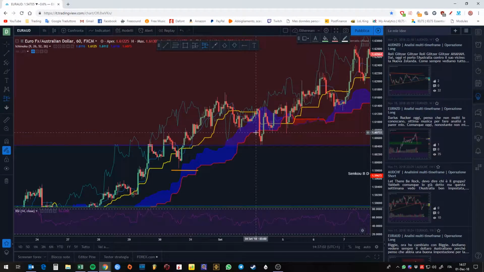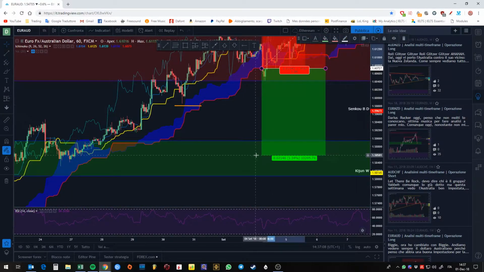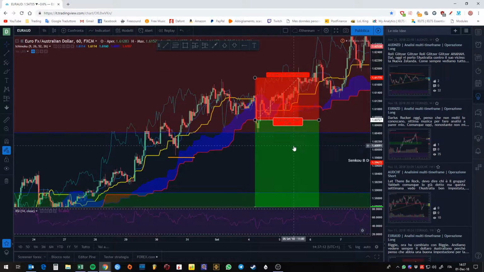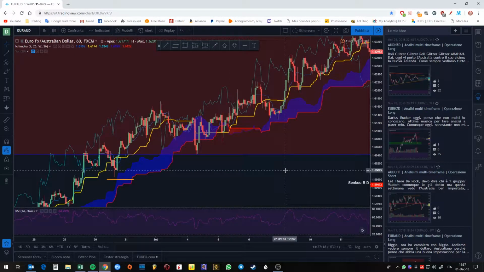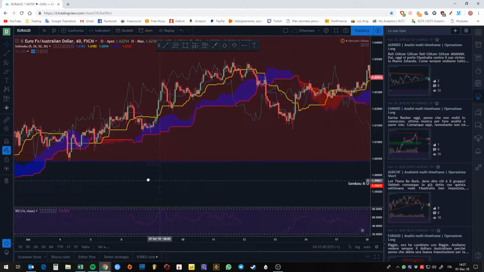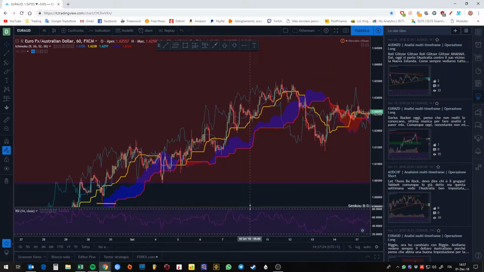So the position could have entered here on the break of the Senkobi, and it would have been fine with a 1 to 2 risk reward. It would have gone on stop loss, but that's fine. That's not a problem, of course, because then you go here